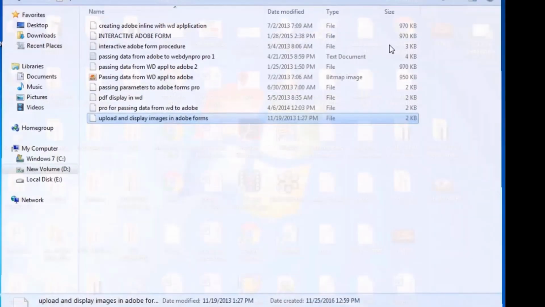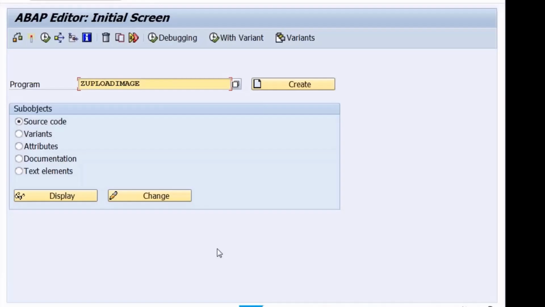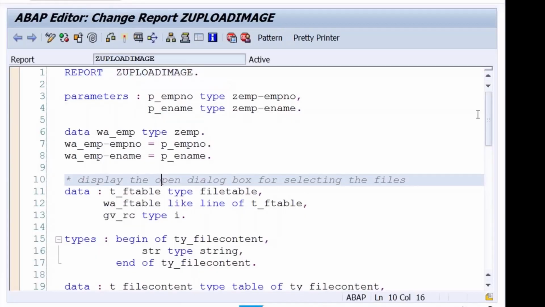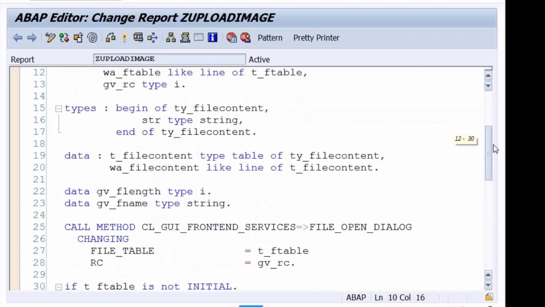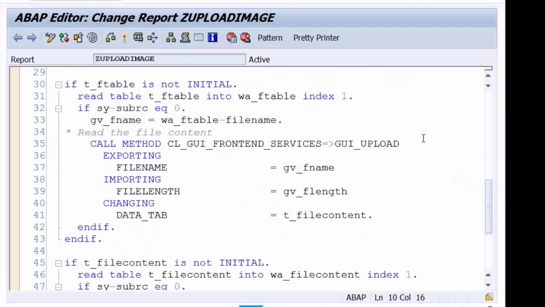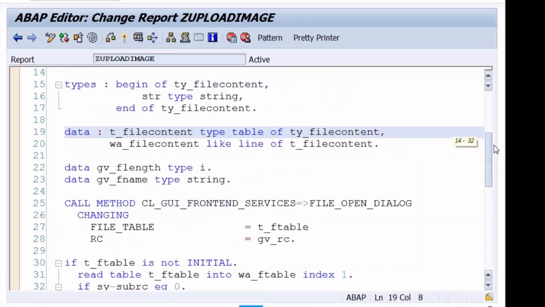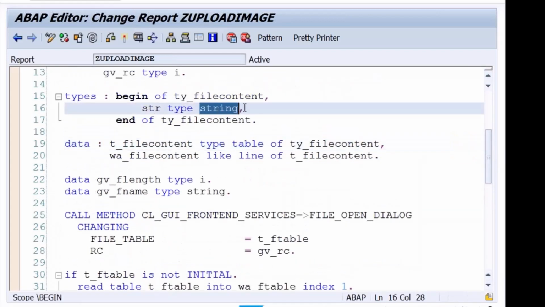But what is the issue then? The problem is here only. I declared this of type string.